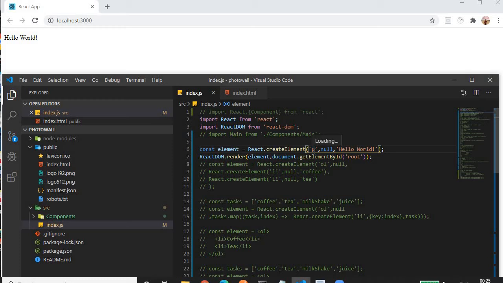It will create that element and attach the content to it. That element will be attached to the root node and rendered. That's why the font weight, font size, everything gets changed. Earlier it was h1. Up to this I guess it is clear, right? So this is how we can create an element and attach some content to that element.